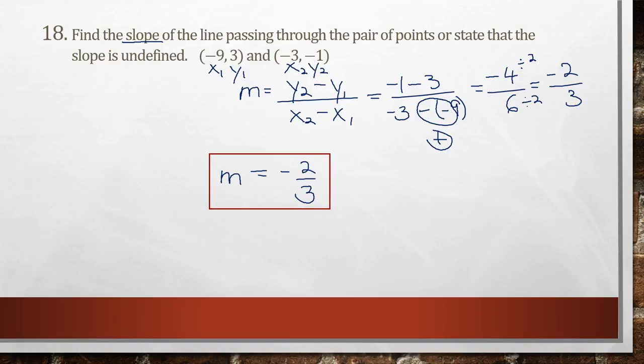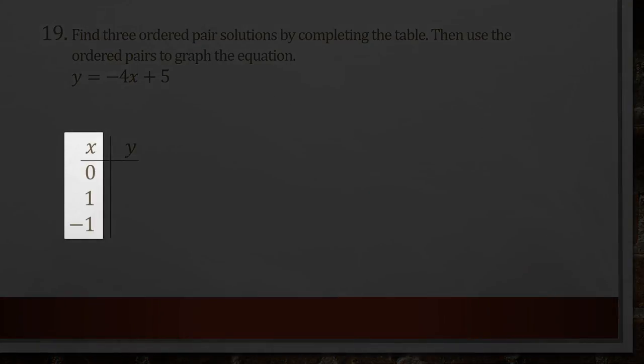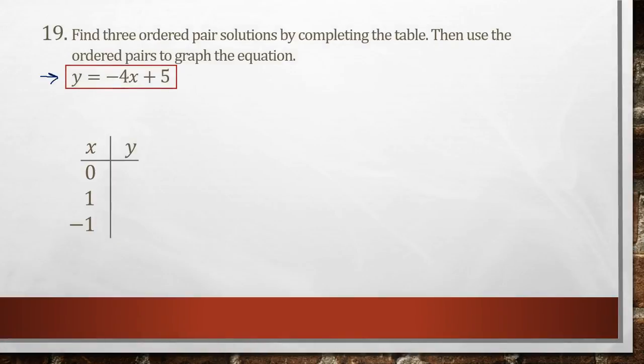Okay, that's all that we're looking for, so moving on to question number 19, and it states, find 3 ordered pair solutions by completing the table. Then use the ordered pairs to graph the equation. So I have my table, and I am given 3 different x values, 0, 1, and -1, and here I have my equation. What I'm going to do is I'm going to plug in each x value to find my